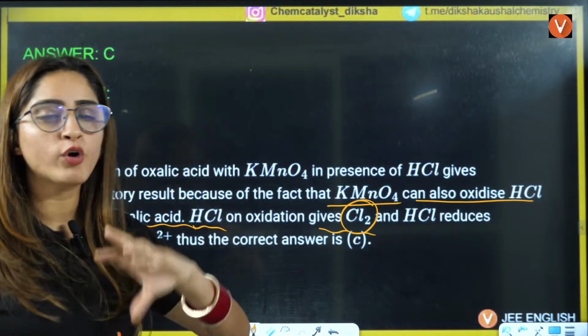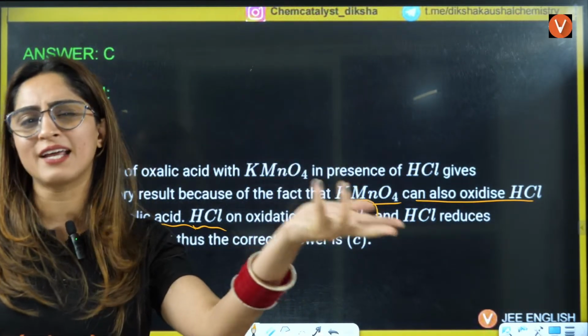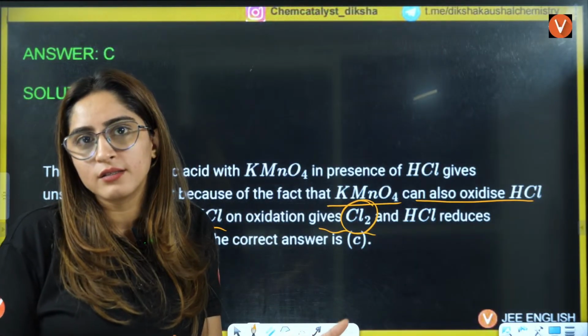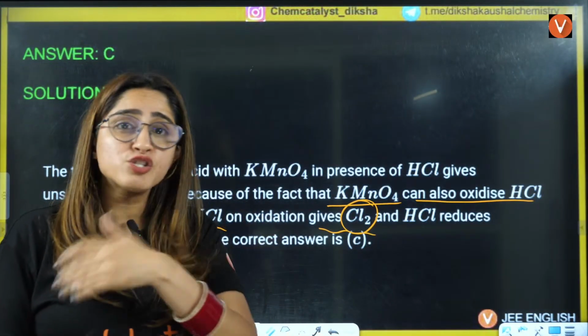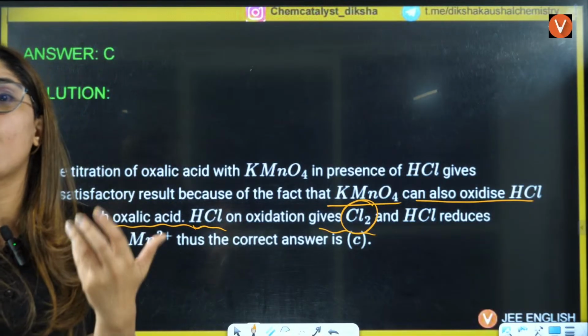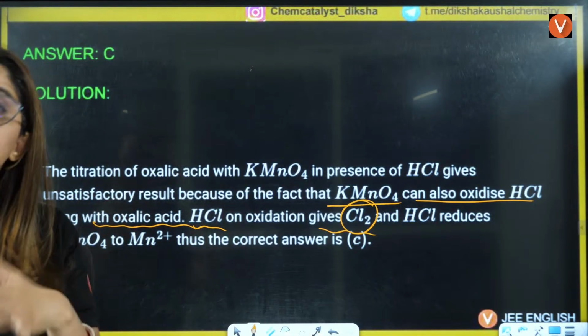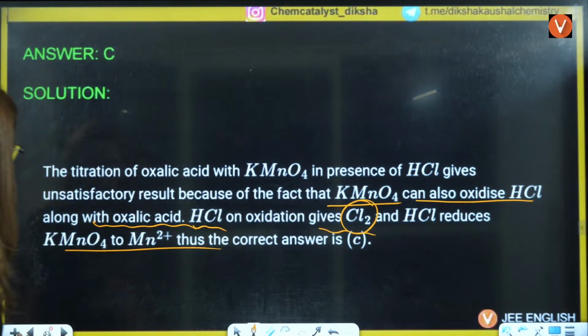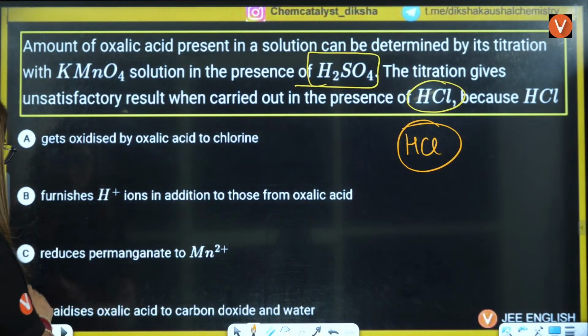Otherwise, KMnO4 was only able to oxidize oxalic acid because there was nothing else. But now HCl is there in the solution. H2SO4 is not easily oxidized by KMnO4. That is why we use H2SO4. But HCl is oxidized, so the answer will be, wait a minute,